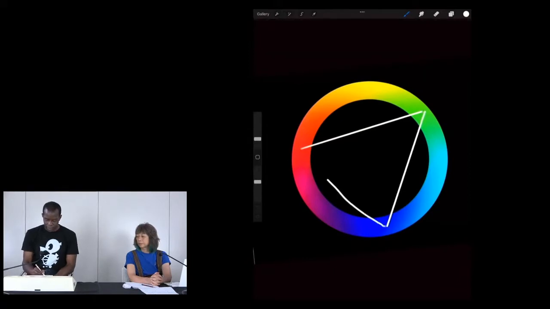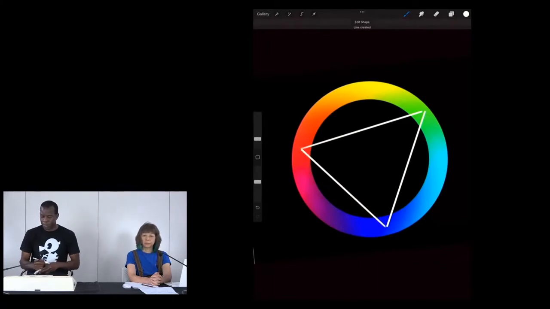Okay, and then there's our red, blue, green, right? So these are the colors that we get when we combine the other primary colors I was talking about before, right? And offhand, these are the colors that I think tend to